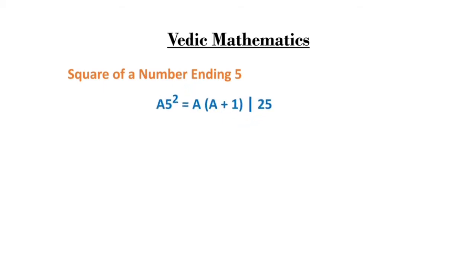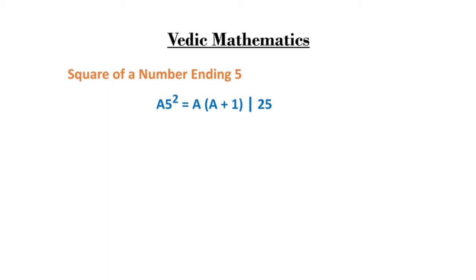First we will see how to find the square of a number ending with 5, such as 15, 25, 55, 105, and so on. It is very easy to find the square of a number ending in 5. Just take out the number excluding 5 in the unit place and multiply it with its ekadhika, and then write 25 after it. Let a be the number we are going to get after removing 5. Then the formula will be a into its ekadhika and 25 after that.